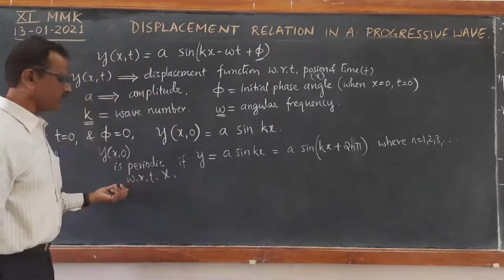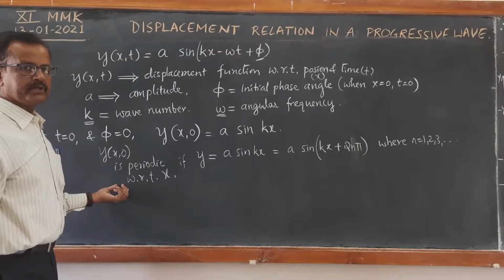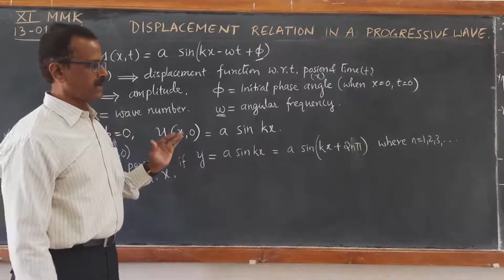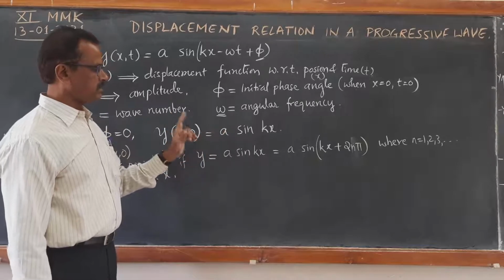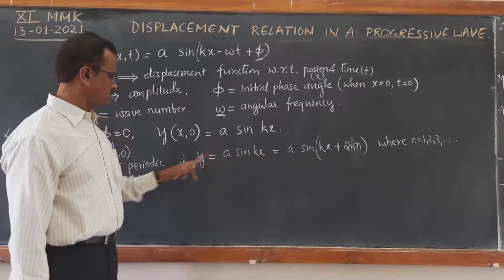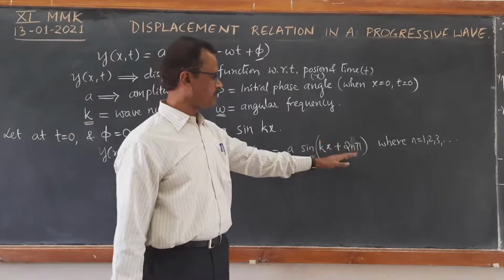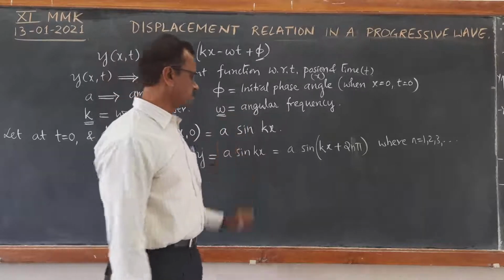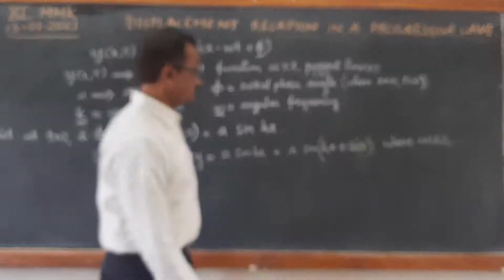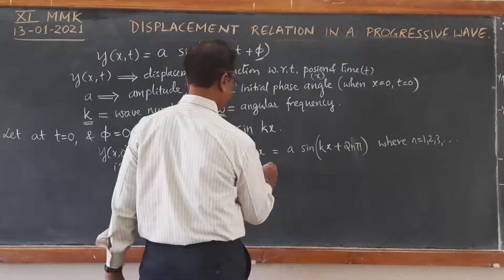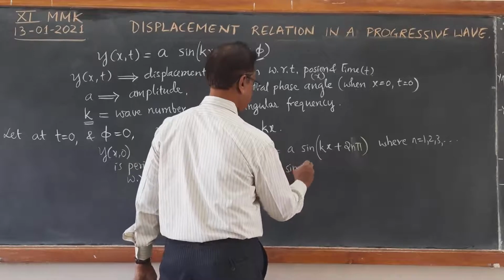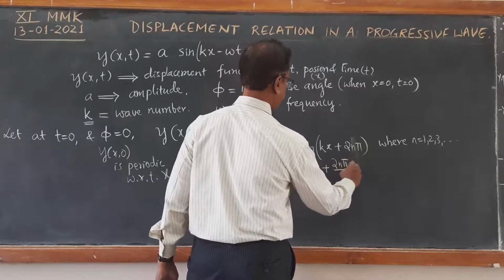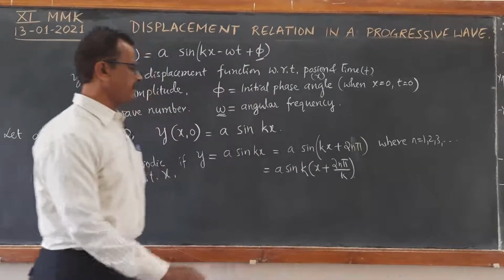Then it is said to be periodic with respect to location. It is periodic with respect to location. It means when a progressive wave or a harmonic wave is traveling in a particular direction, at that particular location, whatever is the displacement of the particle, exactly after a phase of 2 pi, you will be able to get the same state of vibration. That is the meaning. Same state of vibration means same phase. So, thus it can be written as a sin k, if you take out common, then it becomes x plus 2n pi by k.